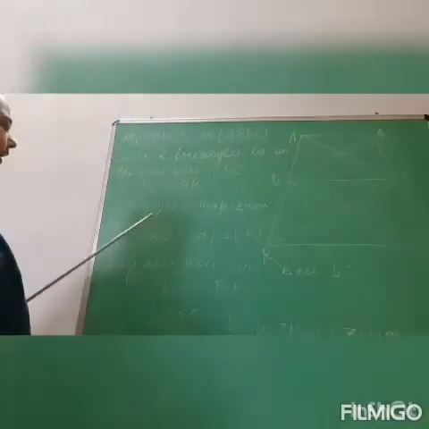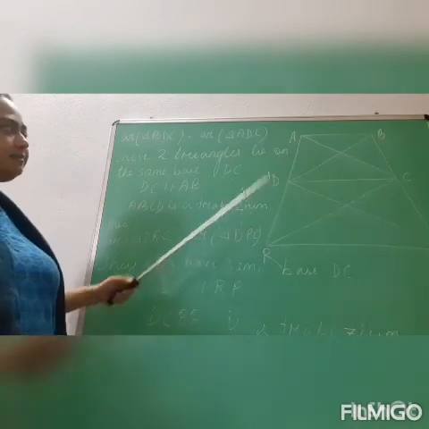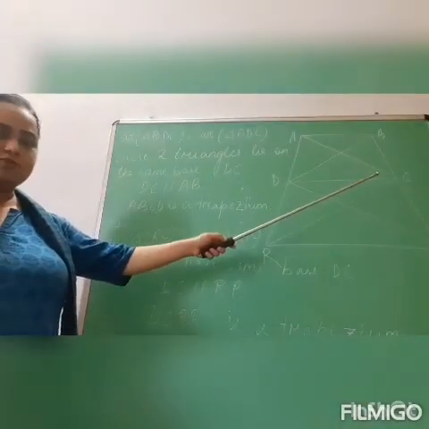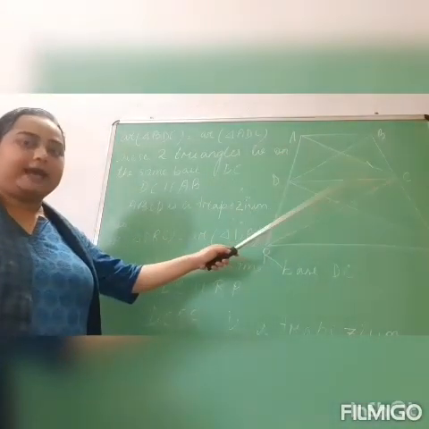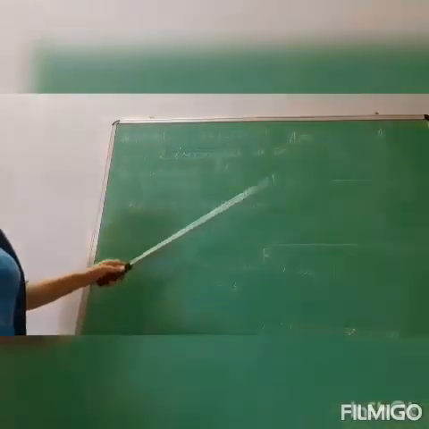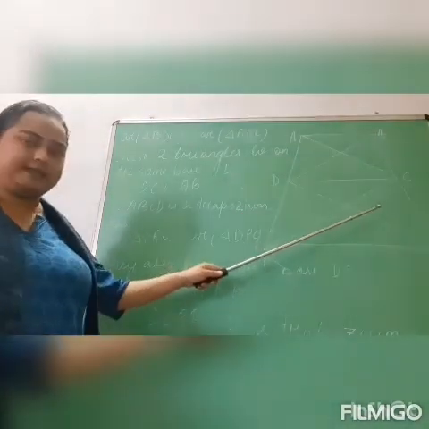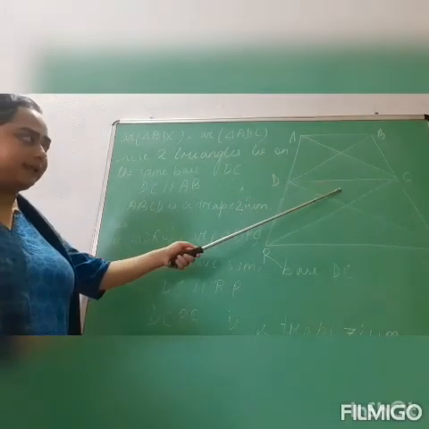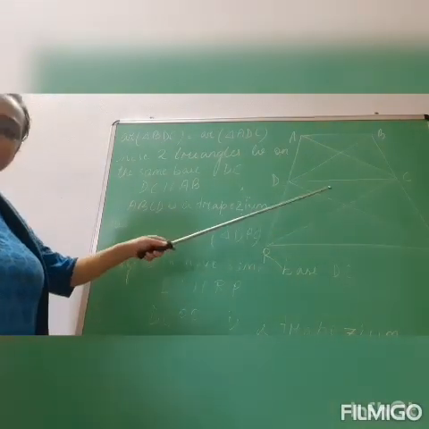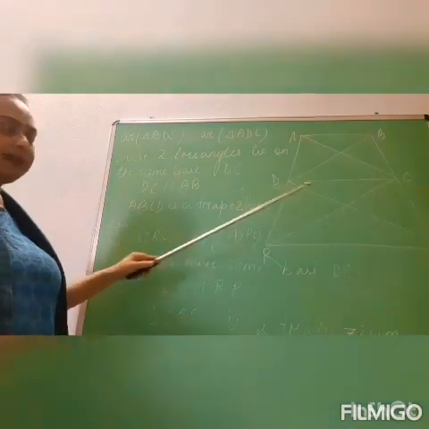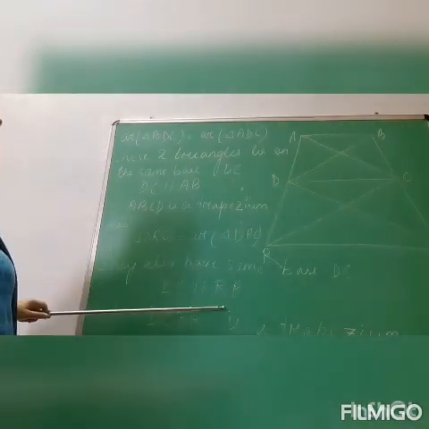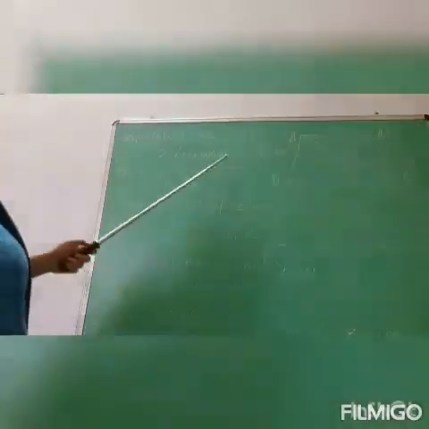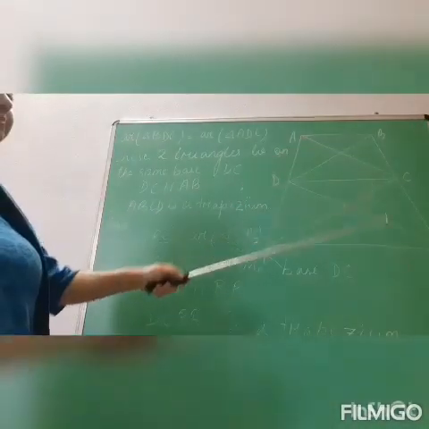Okay. Similarly, the area of triangle DRC is equal to the area of triangle DPC. DRC and DPC, these two triangles again lie on the same base CD, and their areas are also equal. So they lie between the same parallels RP and CD. So I have written here that DC is parallel to RP. Now, if DC is parallel to RP, then I can say that DCPR is a trapezium. We had to prove that ABCD is a trapezium and DCPR is a trapezium.